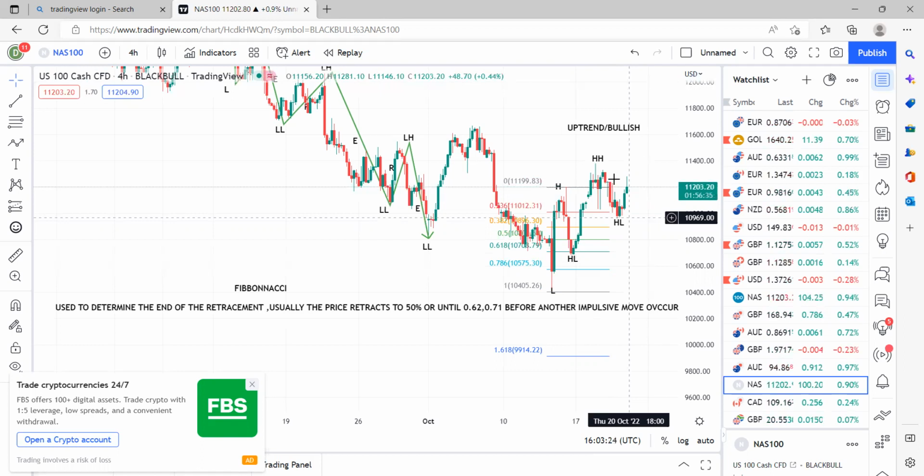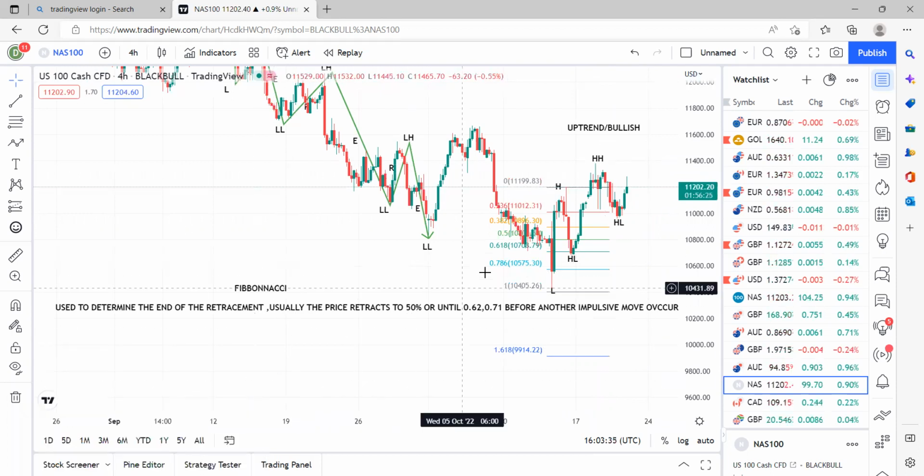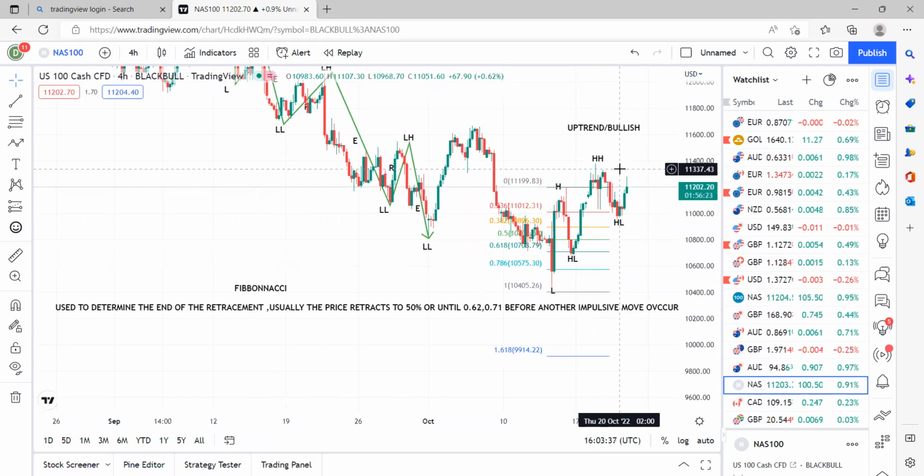Like what I'm seeing here, so far it respected this order block here. Yeah, good. Exactly. That's what I was saying. No, this is very good. This is very good. That's what I was saying. No, it's very good. And then